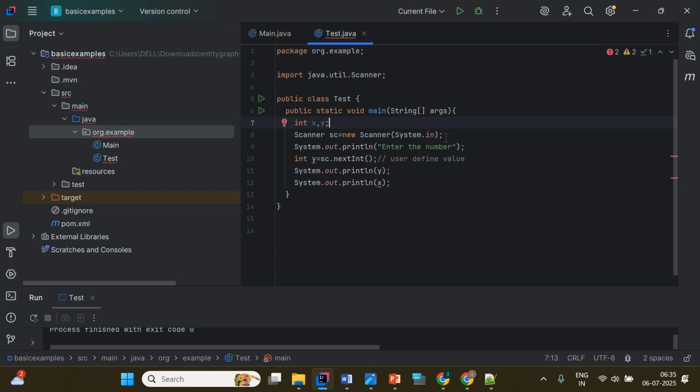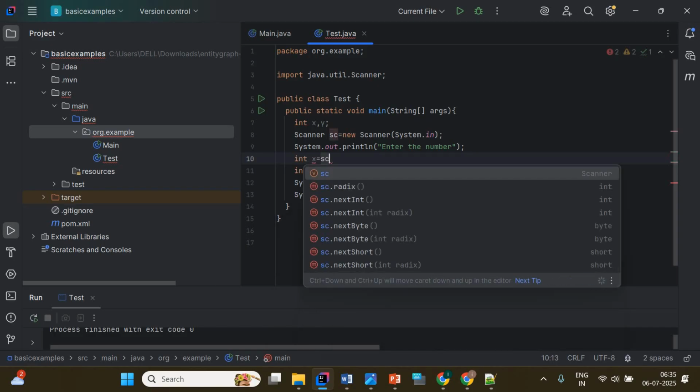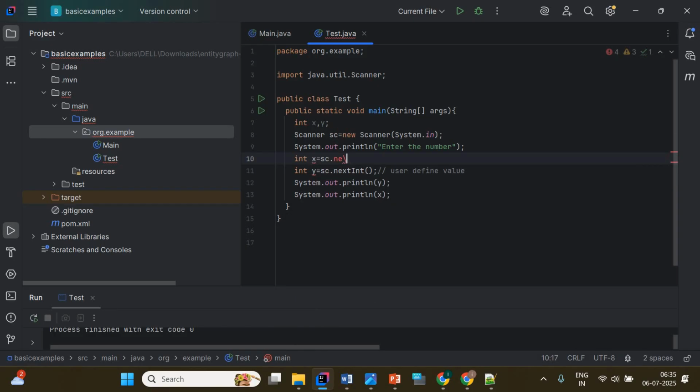And here I'm going to write a scanner as equal to new Scanner(System.in). Okay, enter the numbers. So here we are taking the value, right? So let me take both values from the user. I'm writing int x equal to sc.nextInt(). Okay, so here I will take two inputs from the user, int x comma,